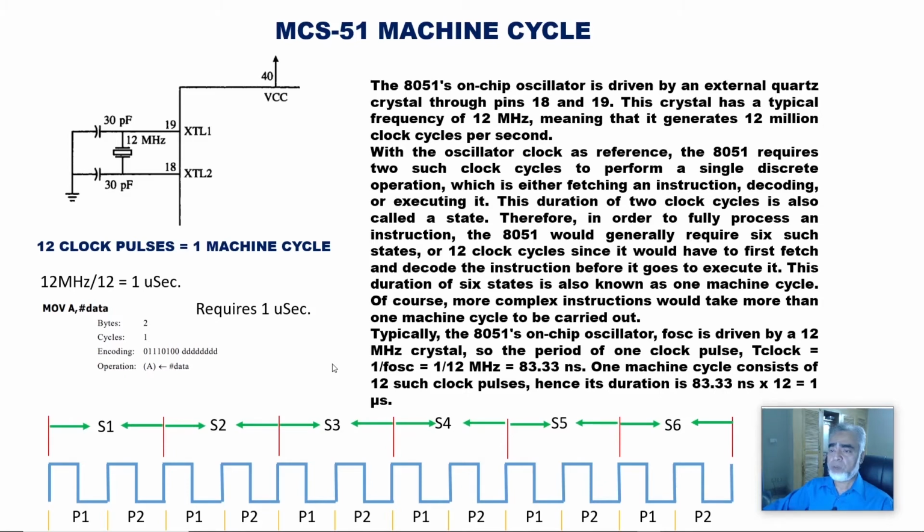Why do we have to know about the machine cycle? Because to calculate the delays in our program, it is required to understand what a machine cycle is. It is also required to know how many cycles are required to execute an instruction. Here we can find that move A, direct data is a 2 byte instruction. It means this instruction is 2 bytes and requires 1 machine cycle, and the time to execute this instruction will be 1 microsecond. If you're using a 12 MHz crystal, or any other oscillator, the maximum frequency of oscillation for the devices 89C51 and 89C52 can go up to a maximum of 33 MHz, or we can find the maximum frequency from the data sheet of the particular microcontroller.